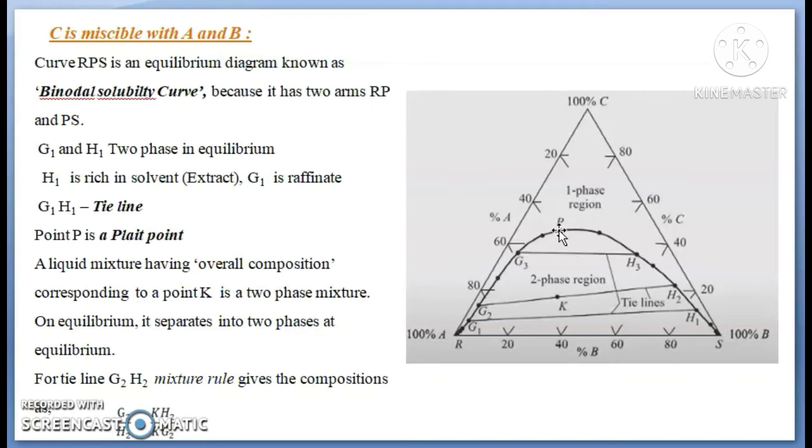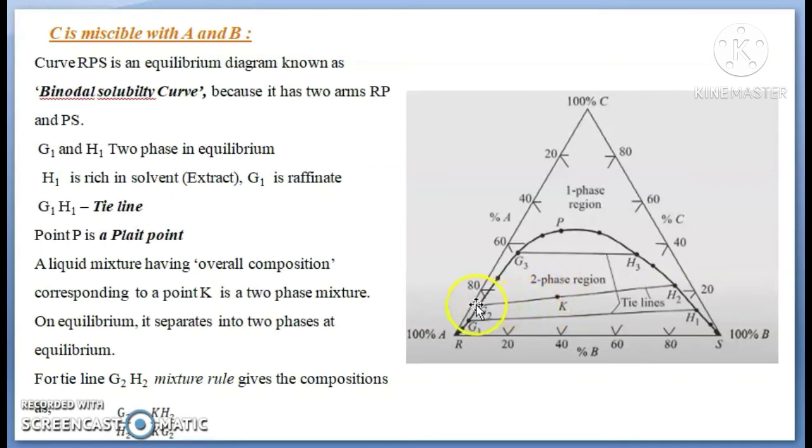The point P is indicated as a plate point. A liquid mixture having the overall composition corresponding to point K is a two-phase mixture. On equilibrium, it separates. This is when the feed solution is brought into contact and mixed properly with the extracting solvent. A mixture will be formed at point K, which is further settled down